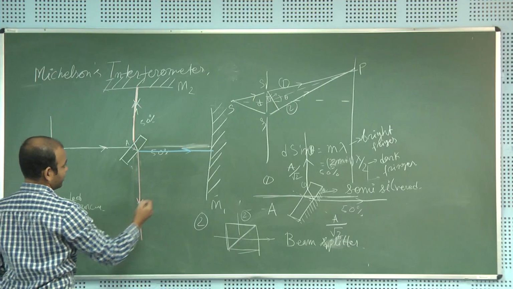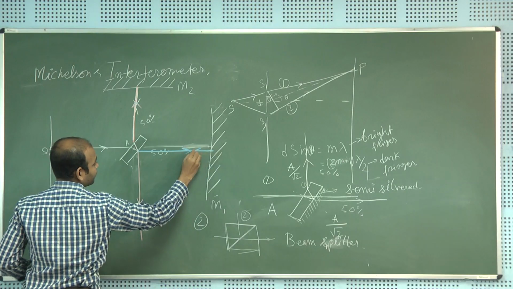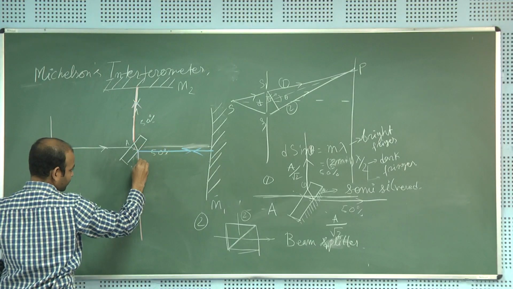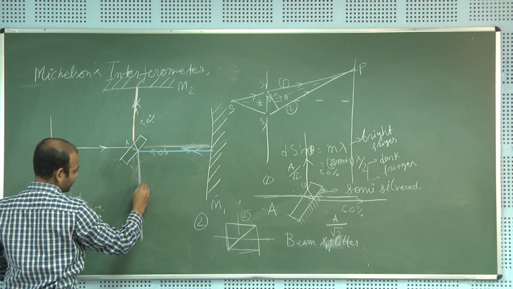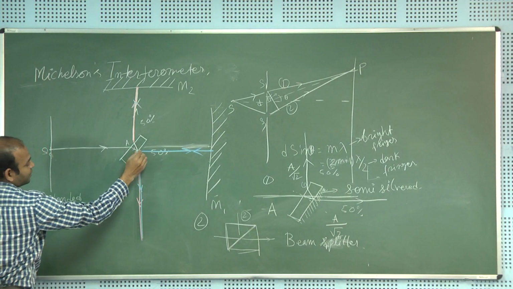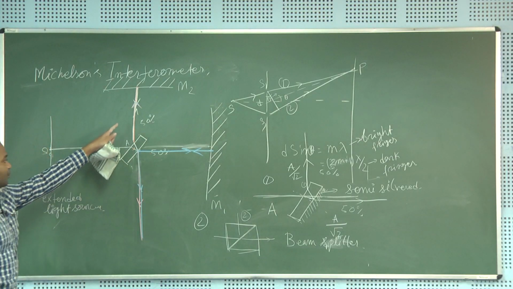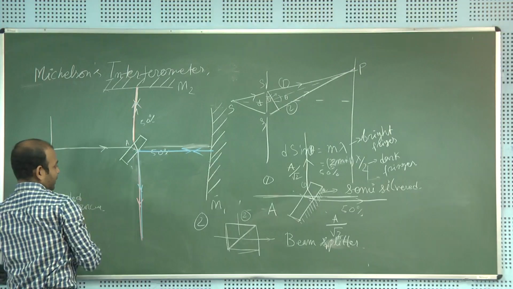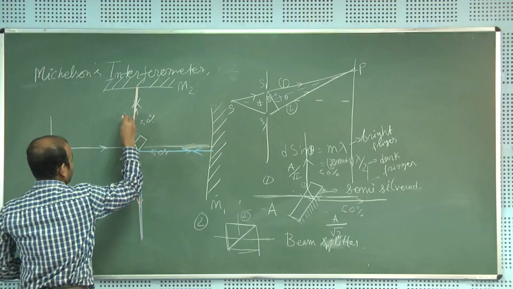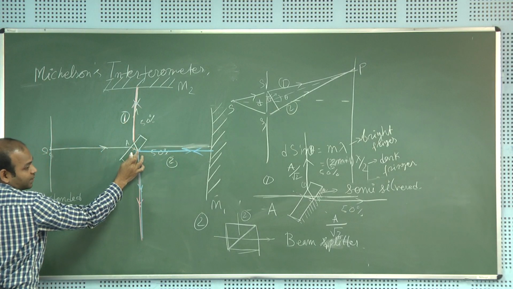whereas this beam which is getting reflected will also have a reflection here. So now you see that up to this point, for these two beams, we can think about two different paths. Let us say path 1 and path 2, up to this point they actually have the same path, and